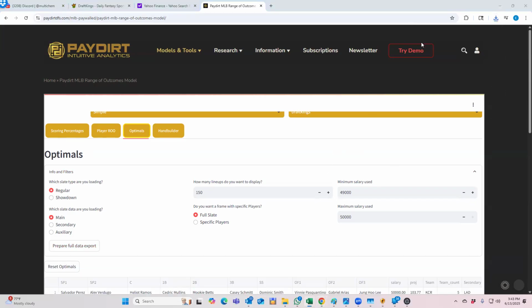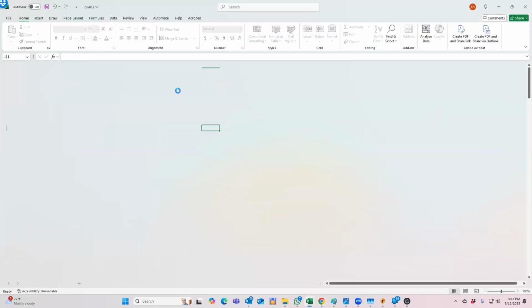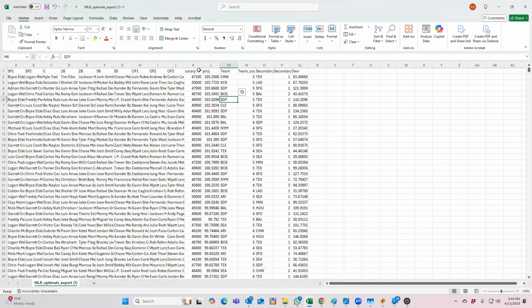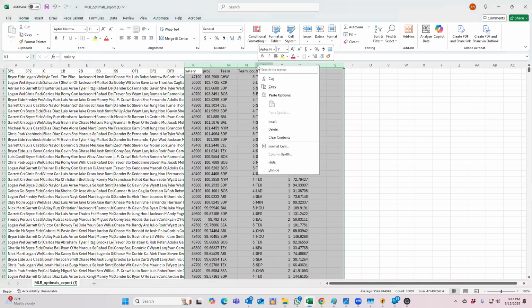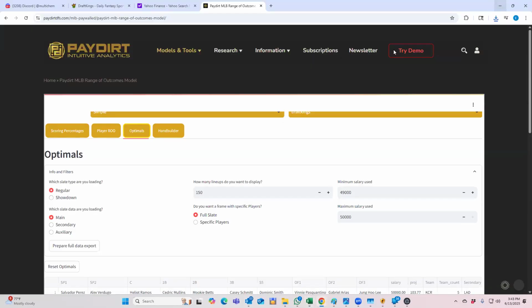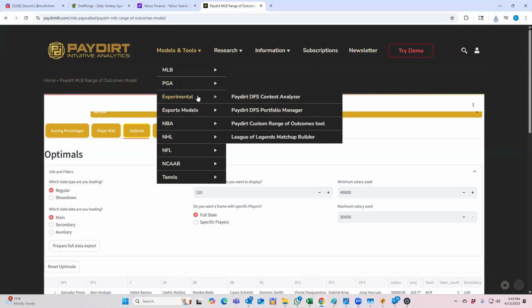But now what we have to do is change the projection file. Right? You shouldn't have to. Well, I mean, if you want to use Paydirt's projections, then let's use that. Okay. So remove everything except for the lineups here. Save this. Yep. And now we go back into